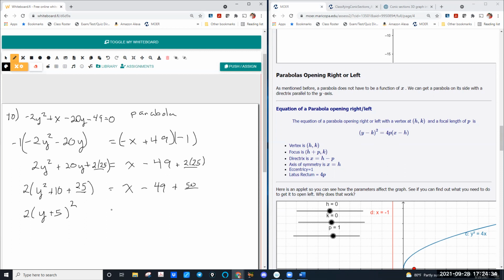All right. Last thing we got to do, finish this guy up. X minus 49 plus 50, so x plus 1. And lastly,